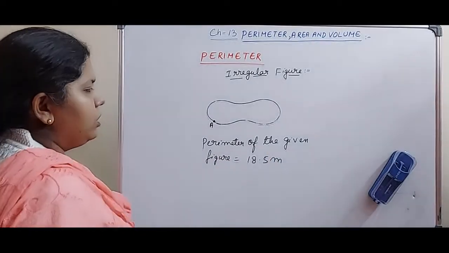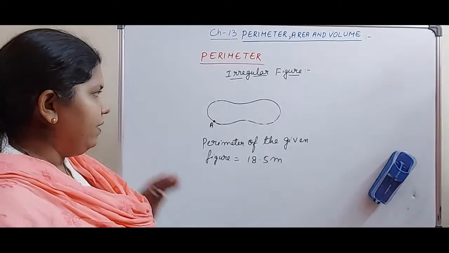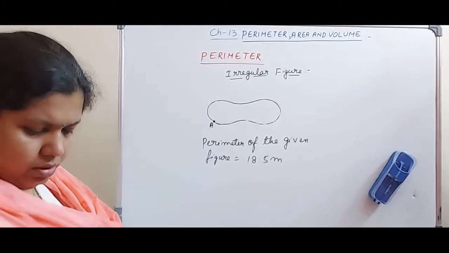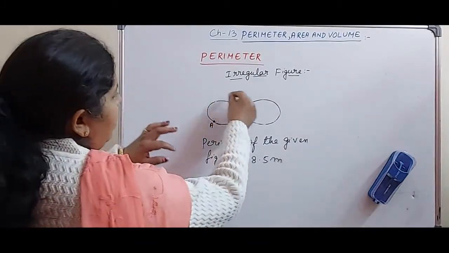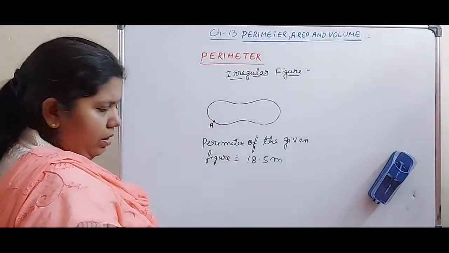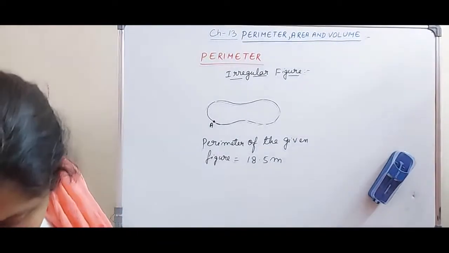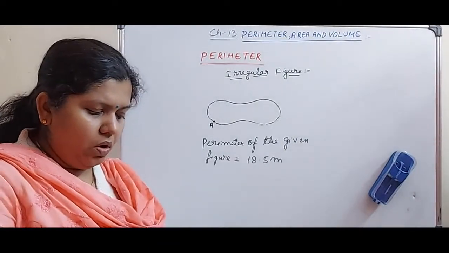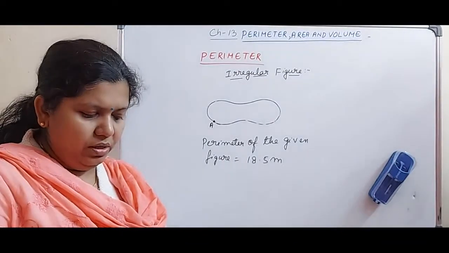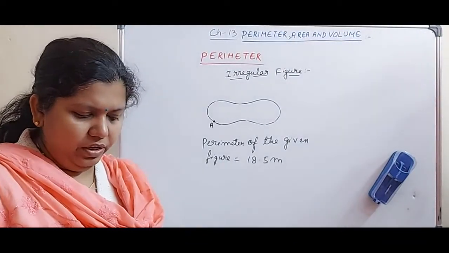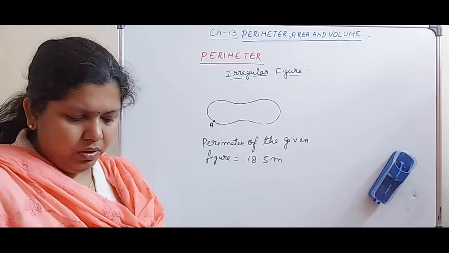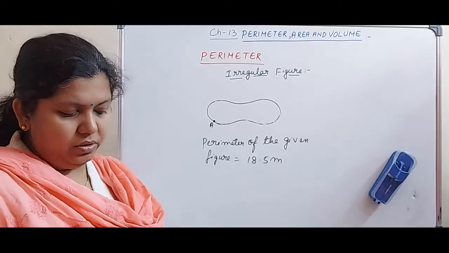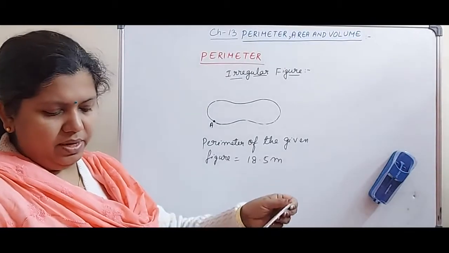So what is the process I have applied here? First I took a wool and placed it on the boundaries of this figure. Then I used a long scale. If you don't have one, please purchase a long scale, and then start measuring. Whichever place the wool has started or ended, you put that very place at 0 and start measuring like this.